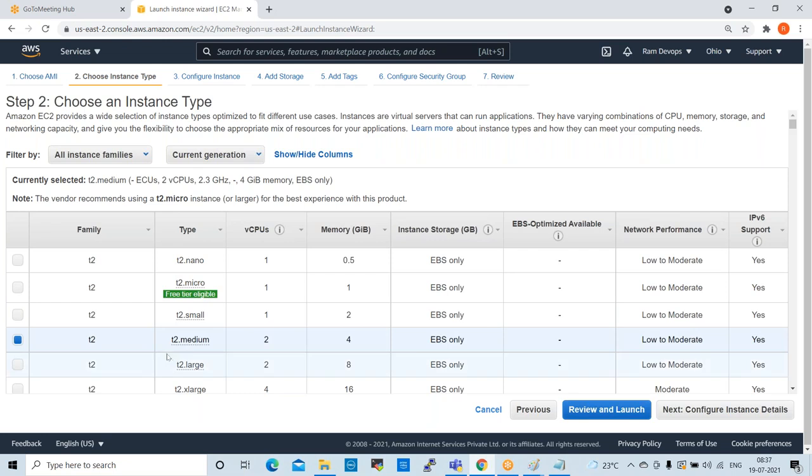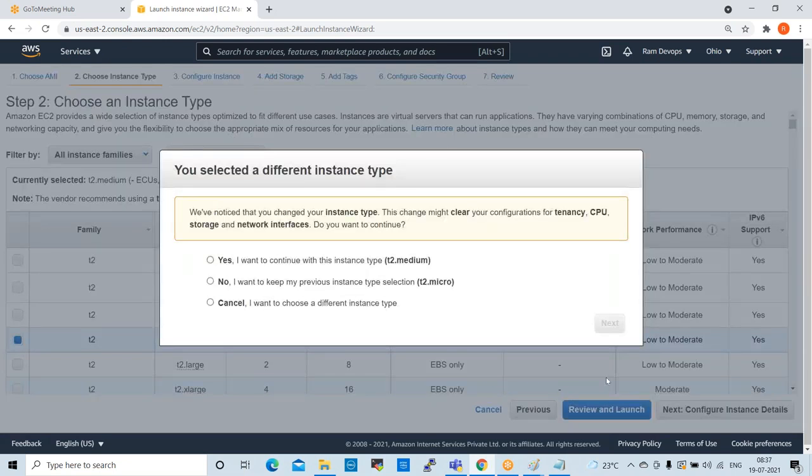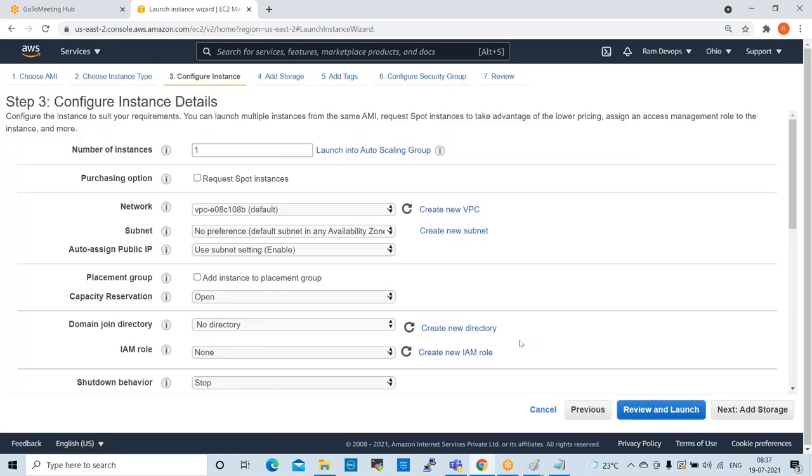So for that you can select T2 medium, right? So configure instance. Yes, I want to continue with this instance type T2 medium. Yes. Next.